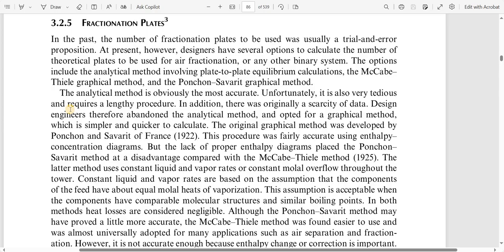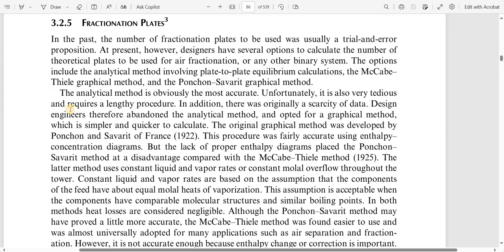In addition, there was originally a scarcity of data. Design engineers therefore abandoned the analytical method and opted for the graphical method, which is simpler and quicker to calculate. The original graphical method was developed by Ponchon in France in 1922. This procedure was fairly accurate with the enthalpy concentration diagram, but the lack of a proper enthalpy diagram placed this method